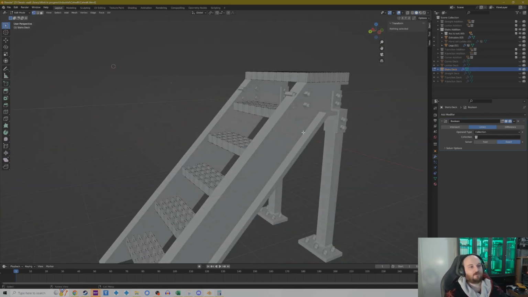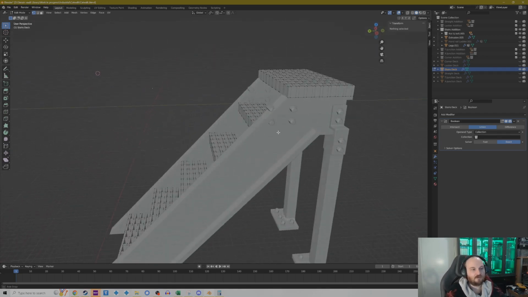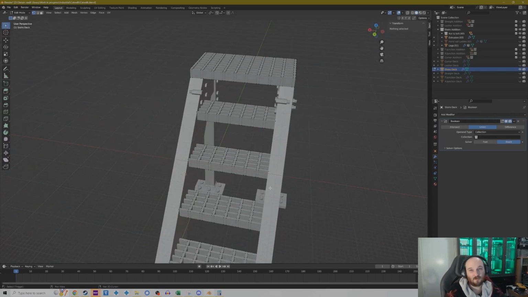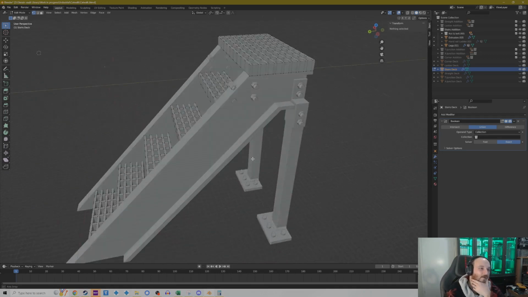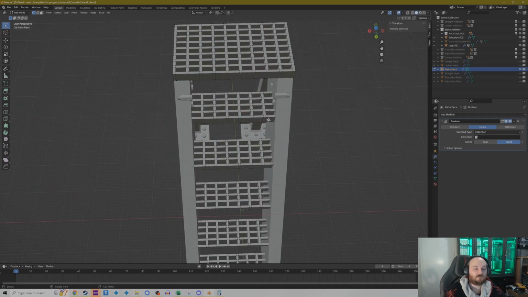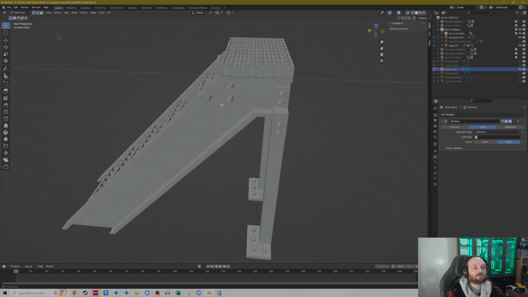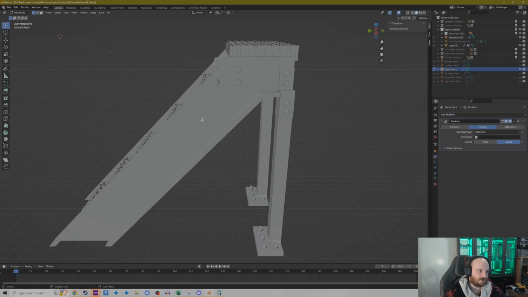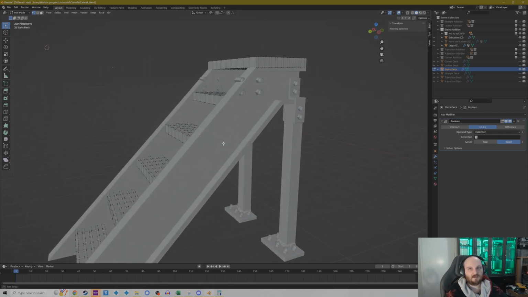Now we just need to put something in to kind of bolt it in place. Although, maybe we don't need to for this. Maybe we could just have it that's just welded in, basically. Because down here, we need to put our guardrail. So let's do the guardrail, and then reassess if we actually need